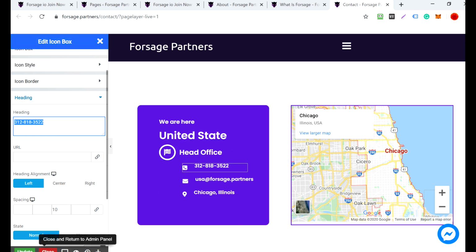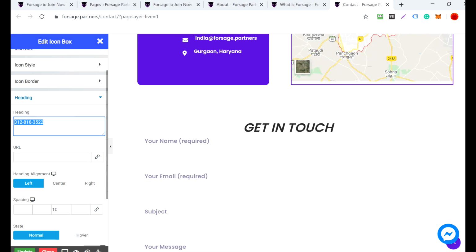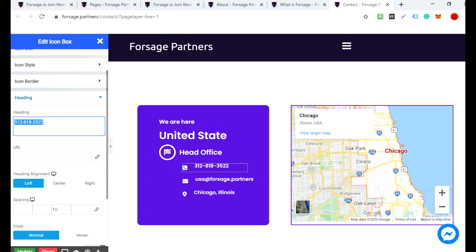Okay, and if you wanted to make the update, just click the update and it will be updated. So it's super easy to change the things here, and you don't need to mess around with code because it's like WordPress, so it's very easy to use as well, and it will get ranked in SEO as well.